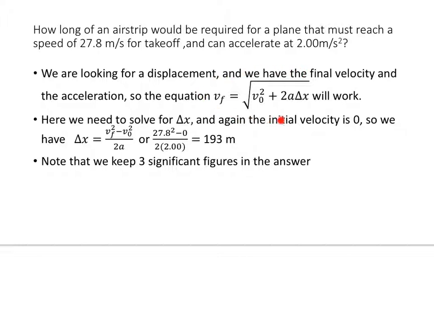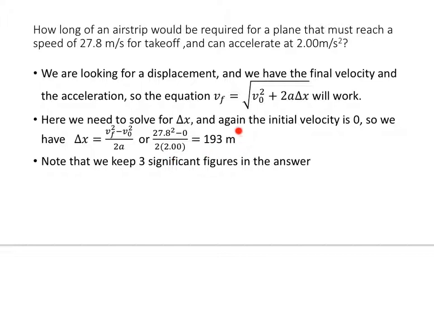So this particular equation is going to work for us, but we're going to have to solve algebraically for that delta x. Again, the initial velocity is 0, so this term drops out here. And if you solve for delta x, you'll find that delta x is equal to v squared minus v0 squared over 2a. Again, this one is 0. So it's 27.8 meters per second, squared, divided by 4 meters per second squared,